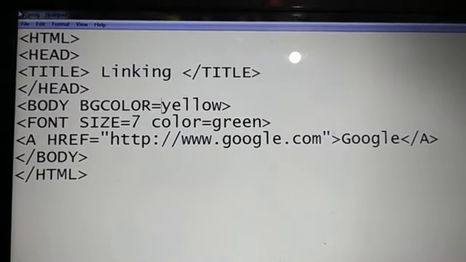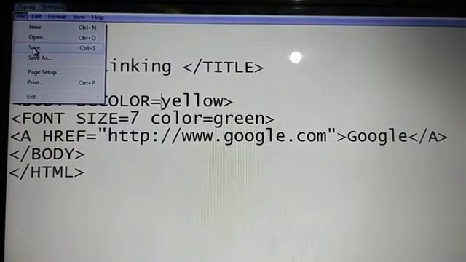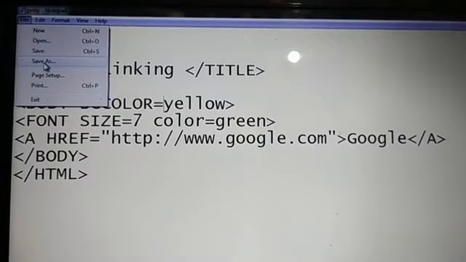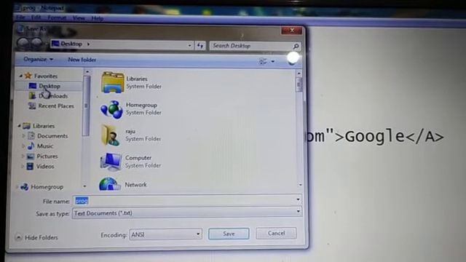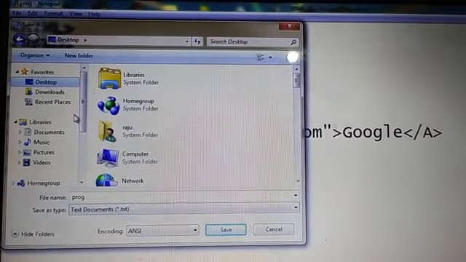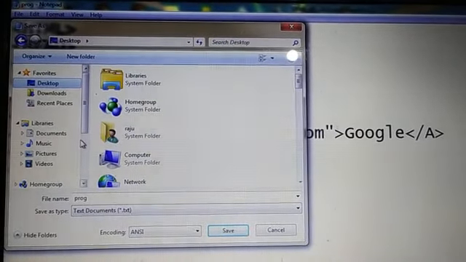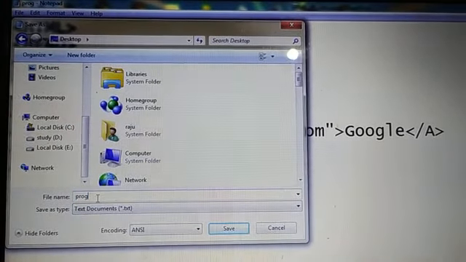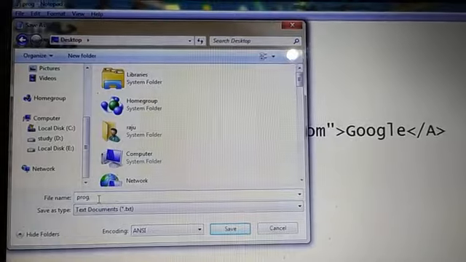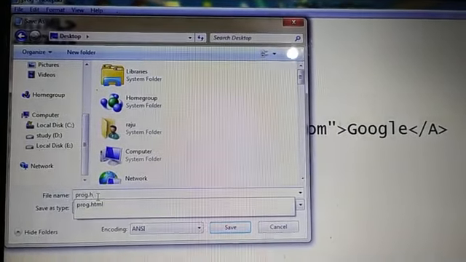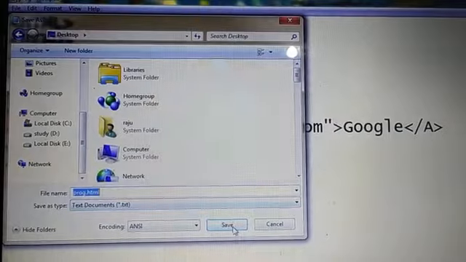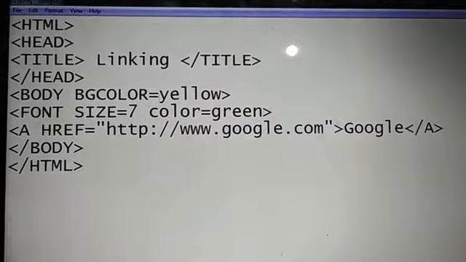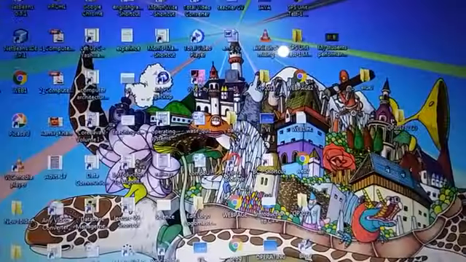So I will save it and show you how it works. Click on save, and I have told you how to save. If you want to change, click on save as, then select the desktop. If you want to select the desktop or anywhere else where you want to save, you can select here, like C drive, D drive, E drive. Then you can give the name of the program, like I have given PROIG program, then .html, which is compulsory. Then click on save. It is already saved. Click on yes. Now I will show you my desktop and show you how this will work.